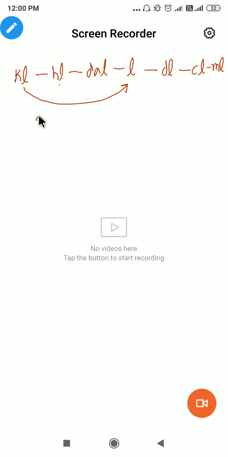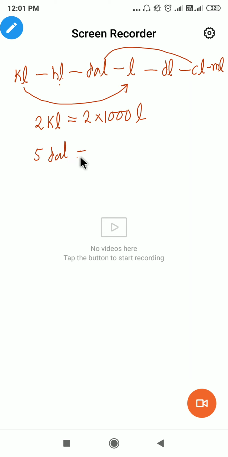Let's see one example. You want to convert 2 kiloliter to liter. So what to do? You have to multiply 2 with 1000 because there are 3 rooms from kiloliter to liter. Yes, so this will convert it to liter. If you want to convert decaliter to centiliter, suppose 2 decaliter is given, how many rooms are there? Decaliter to centiliter: 1, 2, 3, so you have to multiply with 1000 again.